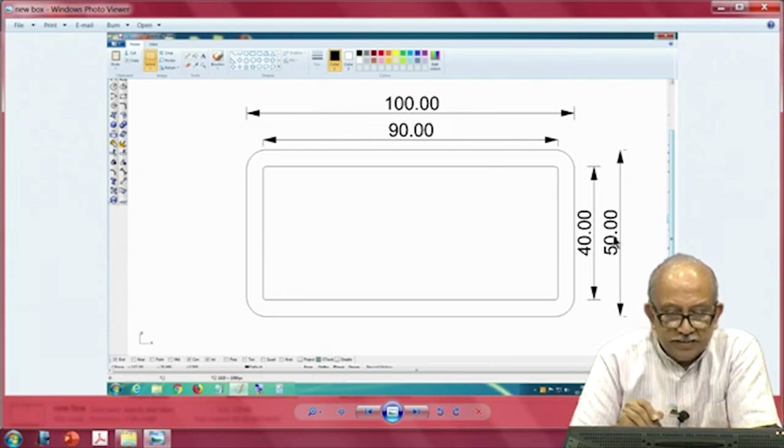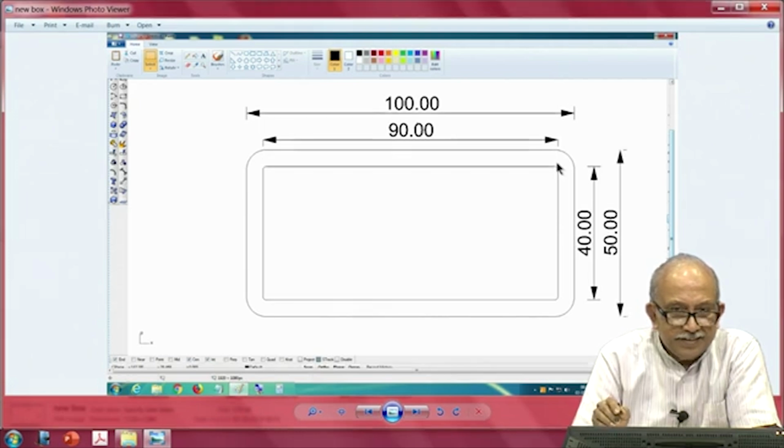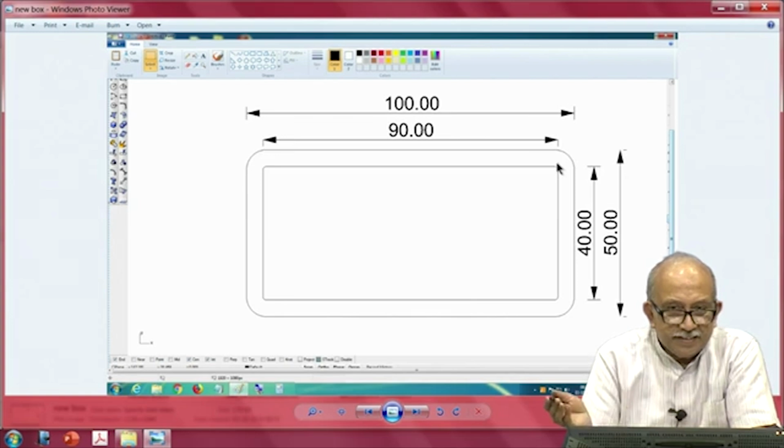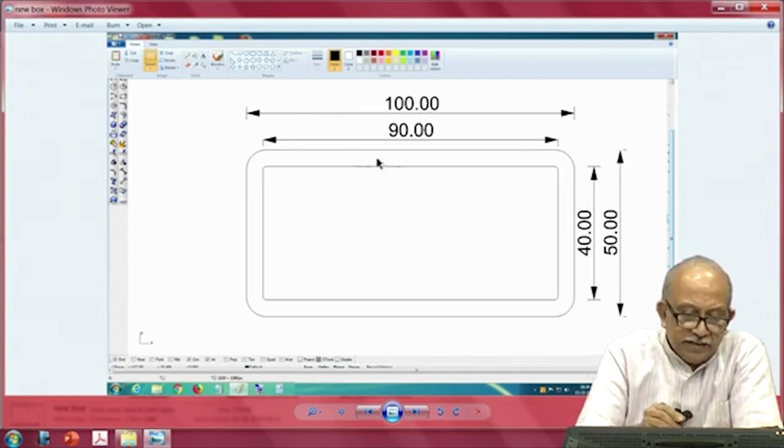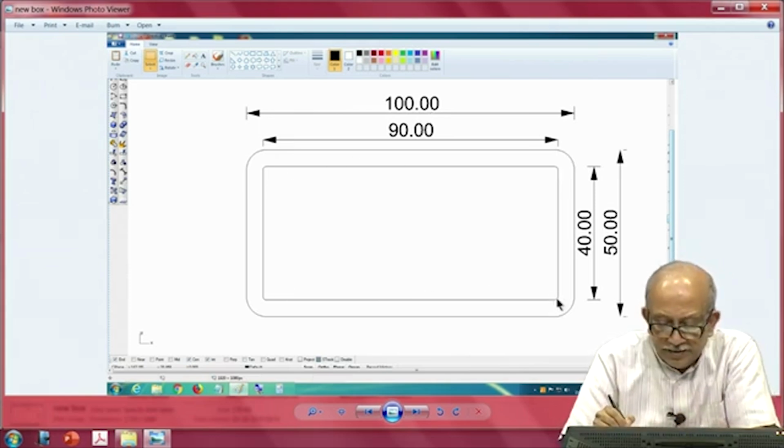Why it has been put is, these are perfectly to scale. All I need to do is take a 1:1 printout, cut it and transfer this onto a box which I have. So, you see here 100 by 50 after leaving 5 mm all around, and you see the beautiful corner filleting